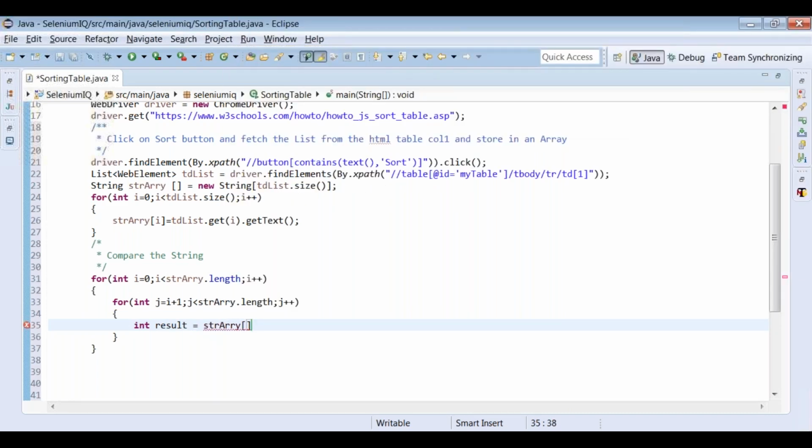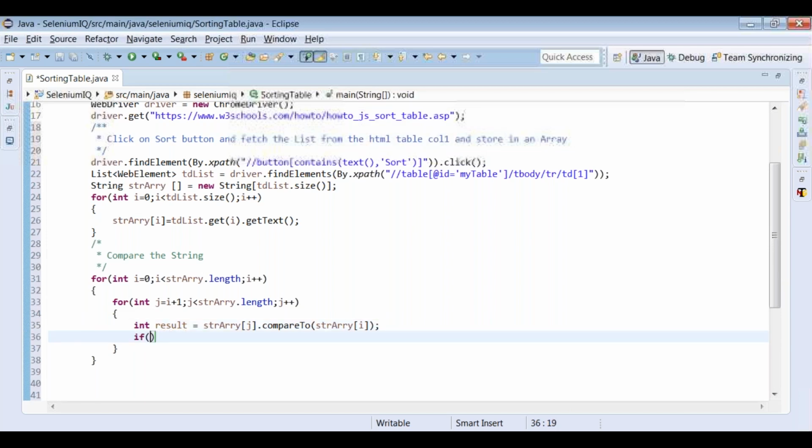I think dot is not required after array, because in the case of a list it is required, but here str array of j dot compareTo str array of i. If I compare j with i, we should get result as greater than 0. If result is greater than 0, fine. It means they are lexicographically, alphabetically displayed in the HTML table. Yes, I can consider this.